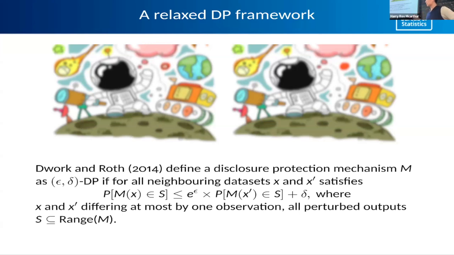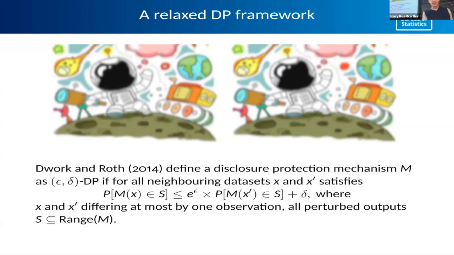Here there are two parameters in play. Epsilon is known as the privacy budget. Think about it as how blurred you want the picture to be. The delta controls what we call the failure rate. Basically, it controls whether you have blurred enough of the picture to make sure the output is safe.